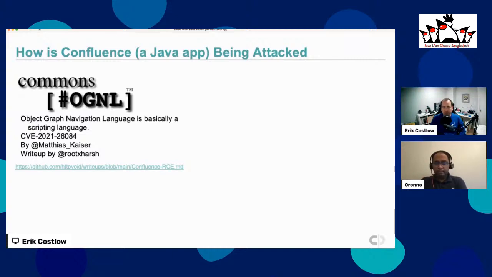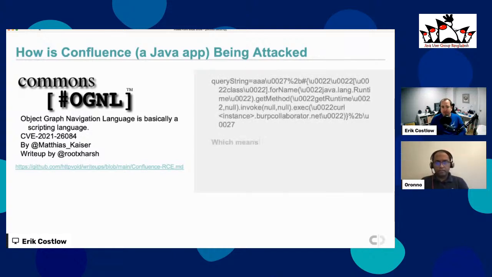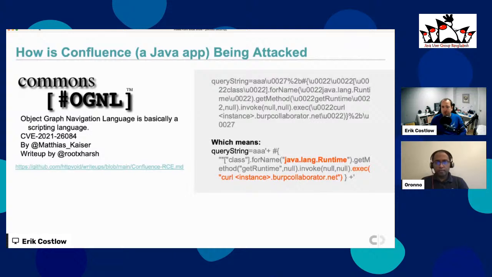There's a link right there, and you should have the link in the YouTube presentation. It's in the deck, which I believe is there. You can see they did a thorough write-up of the way this vulnerability manifests itself through Atlassian Confluence and into the Commons OGNL library. Basically, the way it works is there's a query string that comes in from a remote user